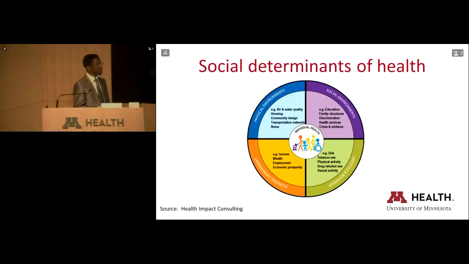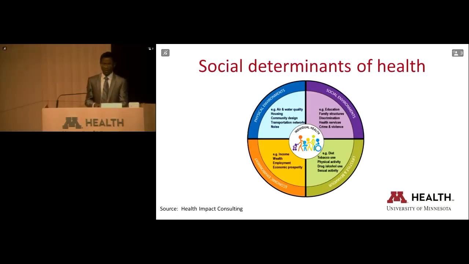So just to give a sense of some of the social determinants of health, which I'm sure we all have experienced and are aware of, the physical environment is a big part of that, and part of my presentation will talk about some of the policy interventions that can be done to improve the physical environment, like air and water quality, transportation networks, and also